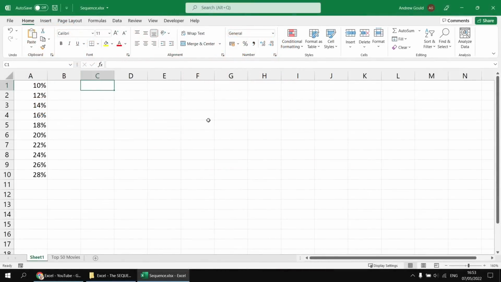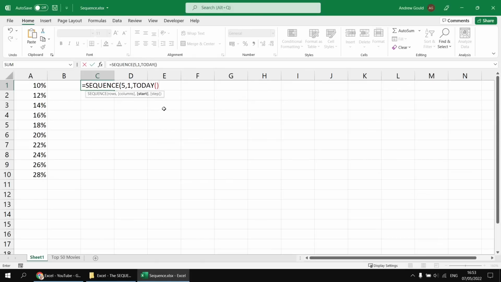The sequence function also works really well with date values. After all, to Excel, a date is just a number with a fancy format applied to it. So let's set up a new sequence, this time starting in cell C1. I'm going to type in equals sequence, and then I'll fill in just 5 rows this time and 1 column. And I'm going to start using today's date. So I'm going to enter the function today, which is a slightly unusual function in that it has no parameters, but you still must open and close the round brackets there. I won't fill in the step value just for now, so by default the sequence will increment by 1